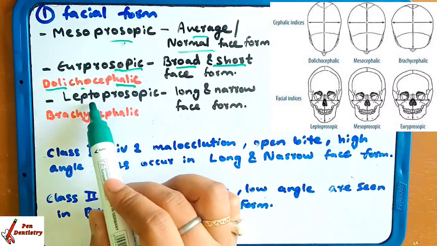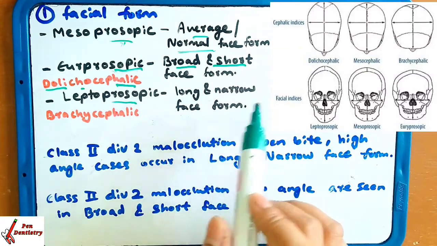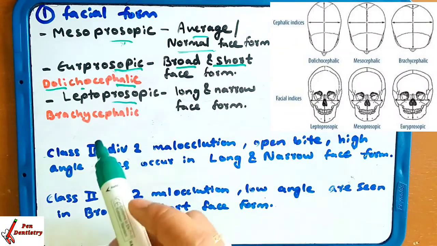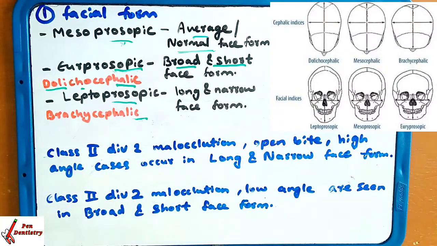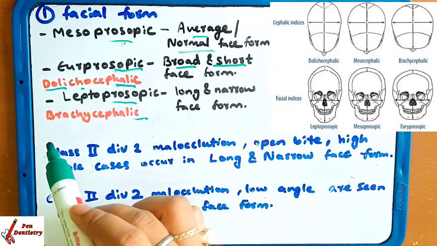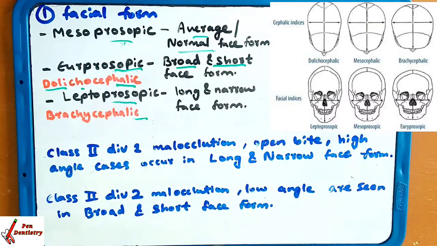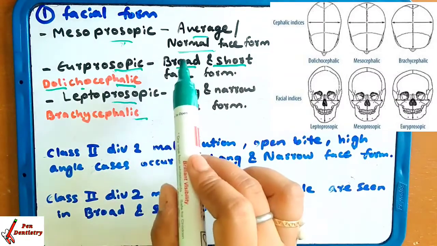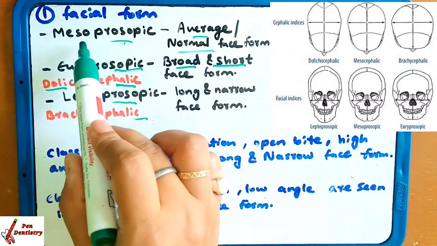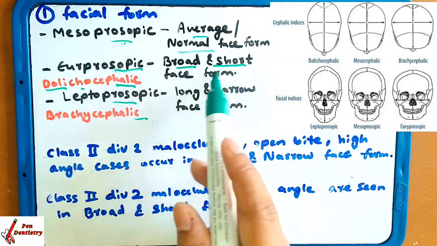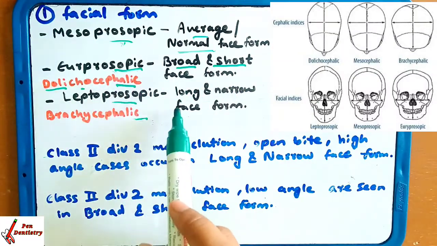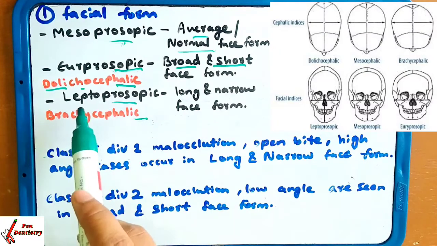And in leptoprosopic, a long and narrow face form is seen, as you can see in the picture, and this consists of brachycephalic form. This was the facial form, how we can divide the facial form of a person. If the face is average or normal, you can say it is mesoprosopic. If the face is broad and short, you will say europrosopic, and if the face is long and narrow, then you are going to say